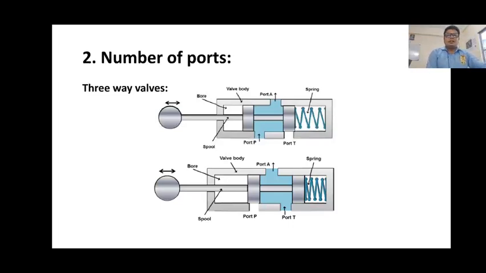Three-way valves, as the name suggests, have three ports. When a valve has one pressure port, one tank port, and one actuating port, as shown in the figure, it is known as a three-way valve. In this valve, the pressure port pressurizes one port and exhausts the other one. As shown in the figure, only one actuator port is opened at a time. In some cases, a neutral position is also available when both ports are blocked. Generally, these valves are used to operate single acting cylinders.